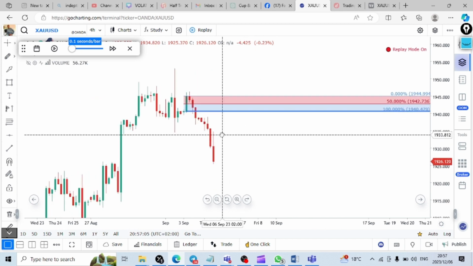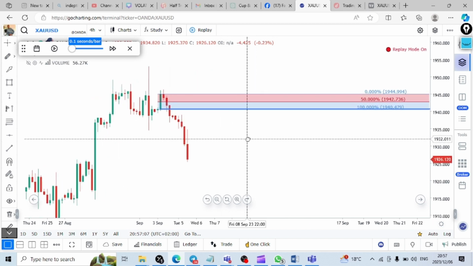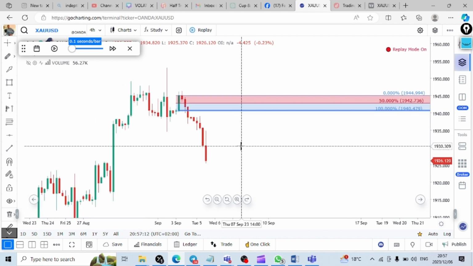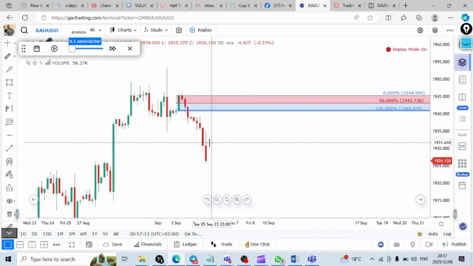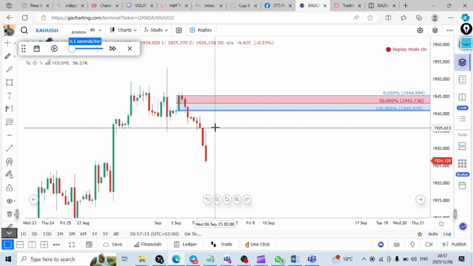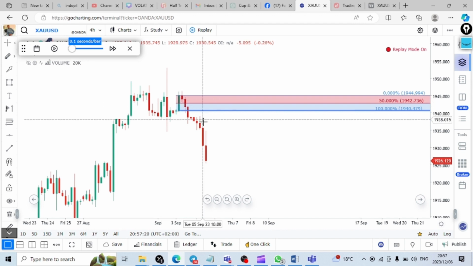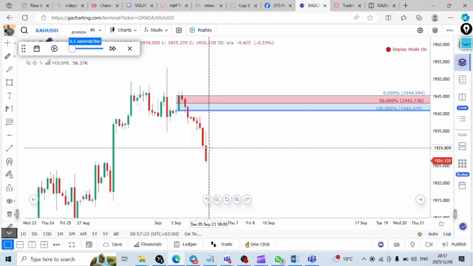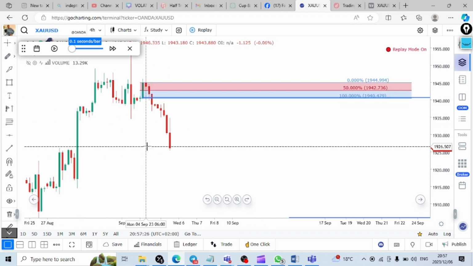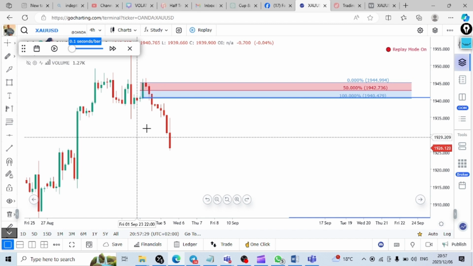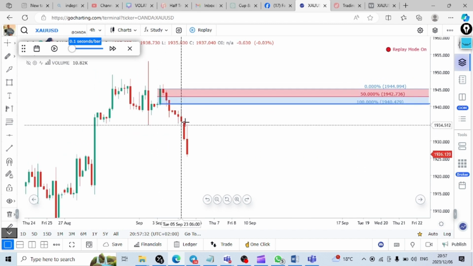So when we are talking about order blocks, that fair value gap concept also works. Near an order block, there must be a fair value gap that is close by. So if you look at this particular example,